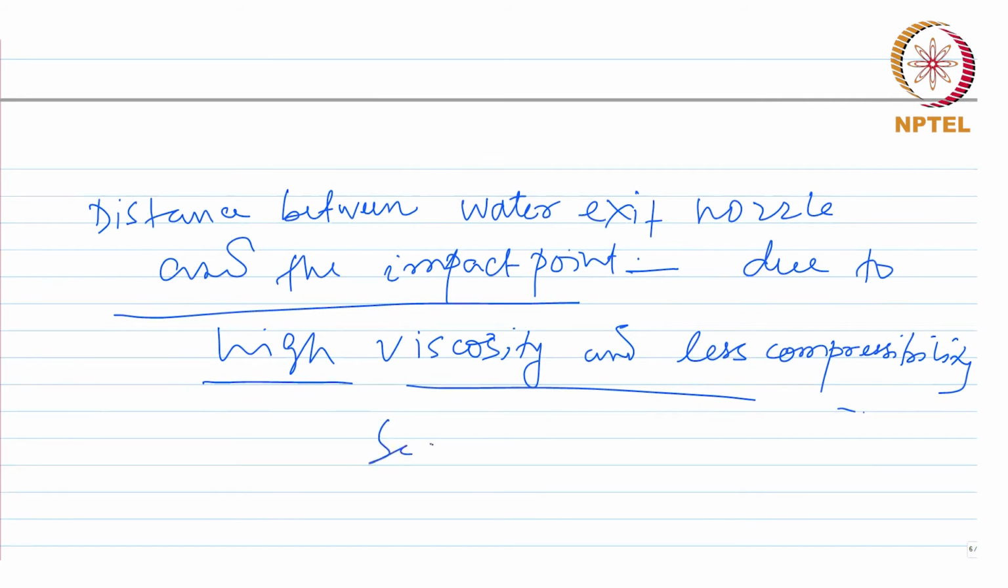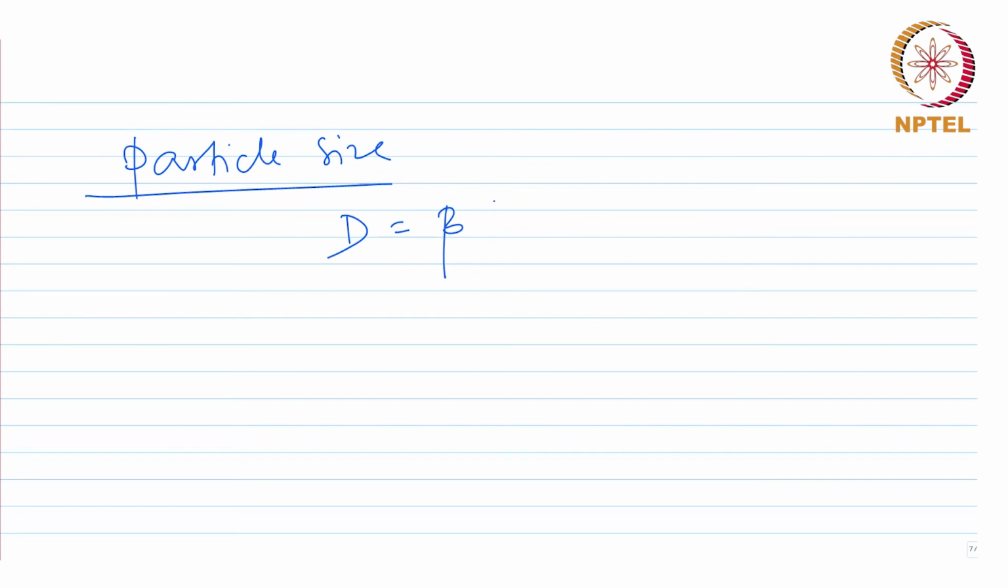So, the impact of this distance is secondary, as I said, due to high viscosity and less compressibility of water. Now, if you talk about the particle size and see how it depends on the process variables, that can be expressed with a relationship like this, where d is the particle size, which is given by this particular relationship,